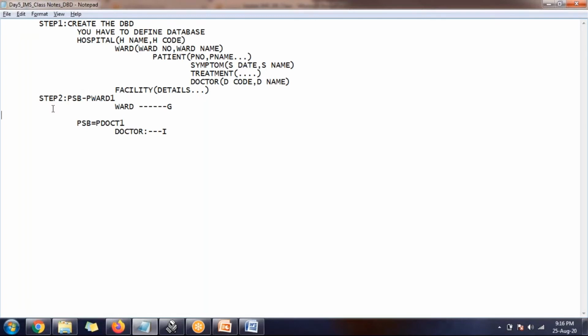Let us say some other person might want to access another table with just reading or something like that. So for one table you can have multiple PSBs.